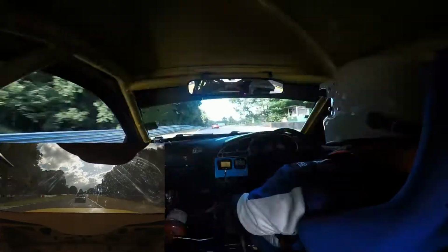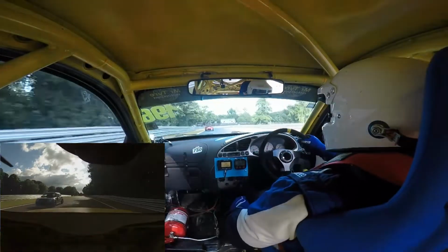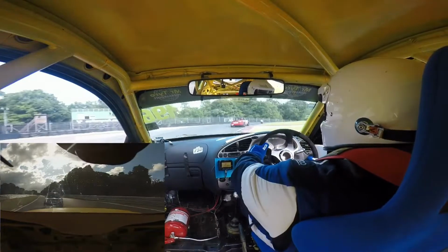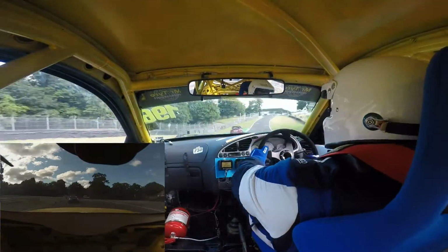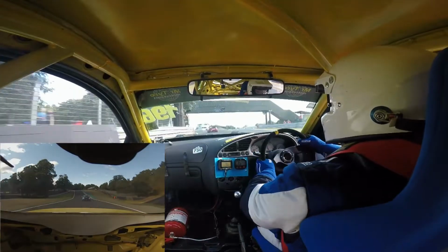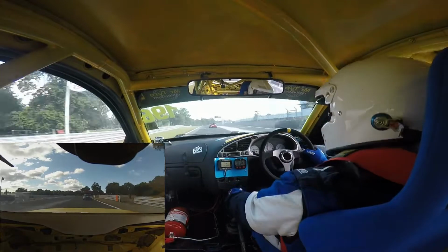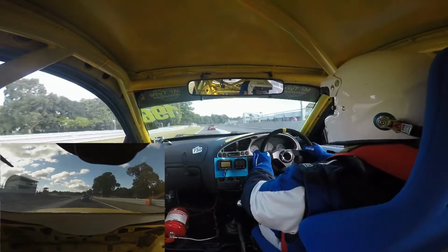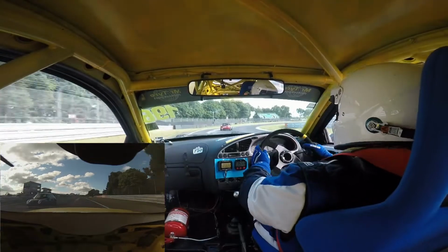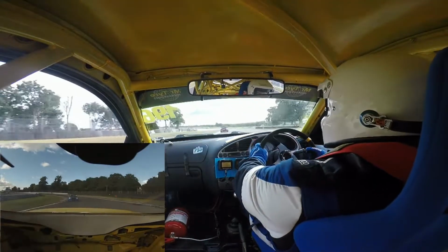Okay, so now Chris has got in front of me. I've now got 2 things to be concerned about. Can I catch and pass Chris again? And can I keep the Mini of Christian White behind me? That's one of those supercharged Minis, and it's a beautiful little car, and it sounds fantastic. Although I wish I couldn't hear it, because it's got that supercharged whine to it, which sounds horrible when you try and describe it,